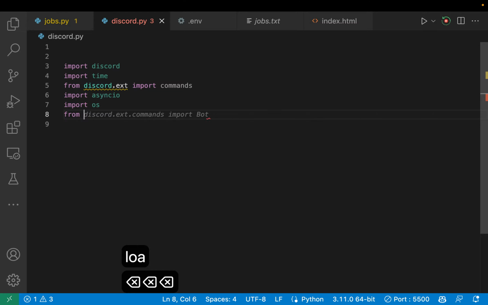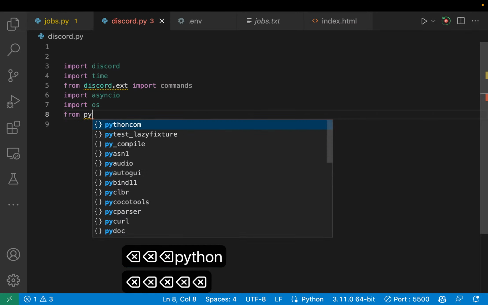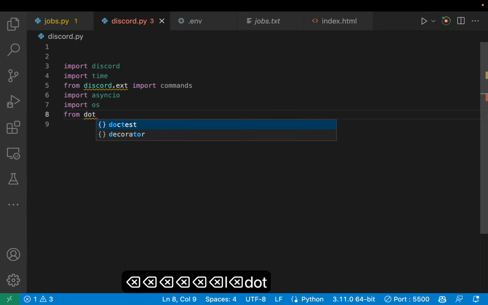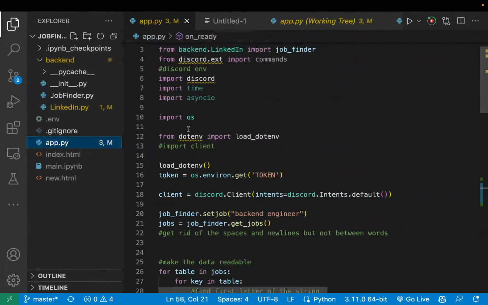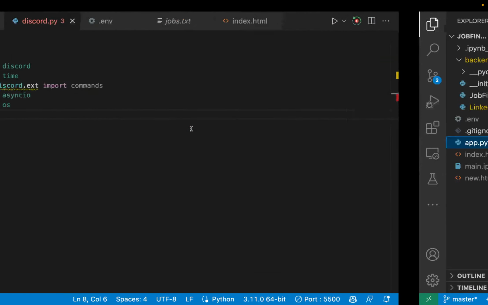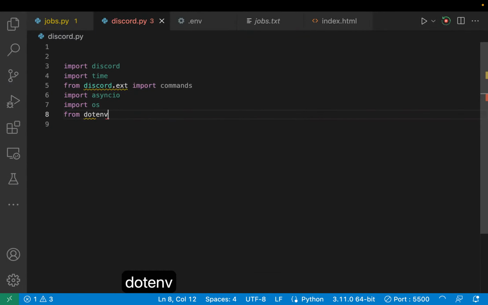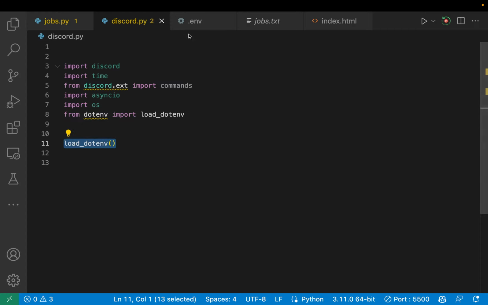And import from dotenv. Wait, what was it again? Yeah, from dotenv import load_dotenv. We don't need random. And then we just have to run this so that we can load our env file, which is right here. Then we do import,